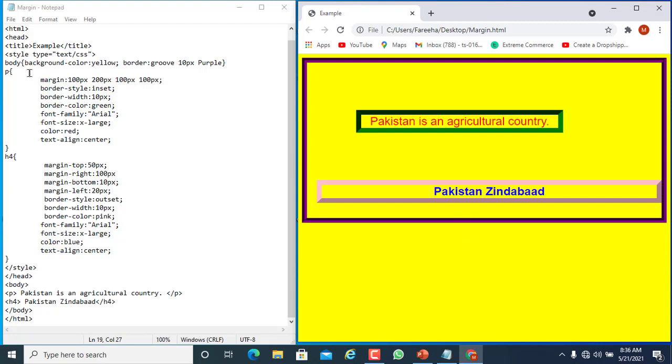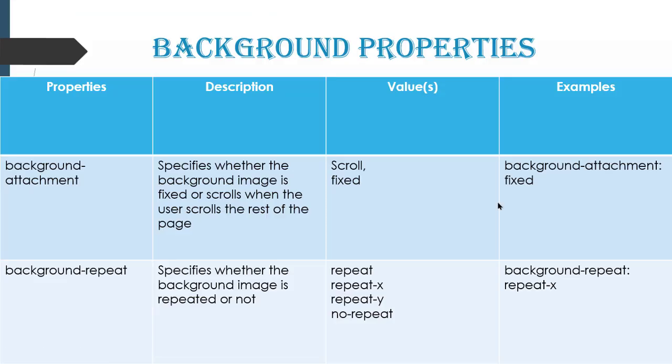So students, we have used all the margin properties and border properties, and we have also used the background property. So you can now better understand how we can use all these properties in an HTML document. This HTML program helps you to better understand all the properties used in HTML5.